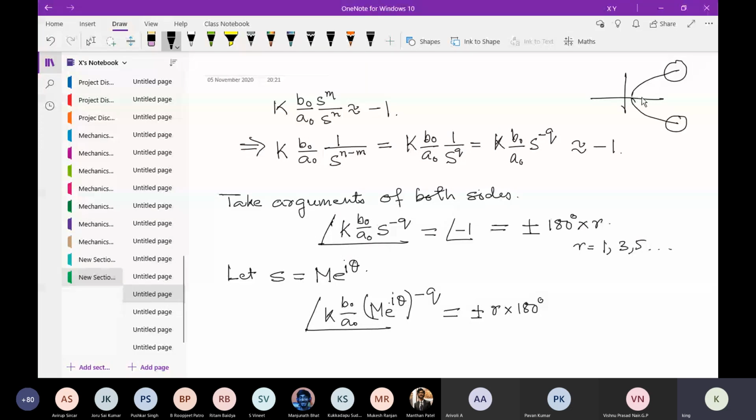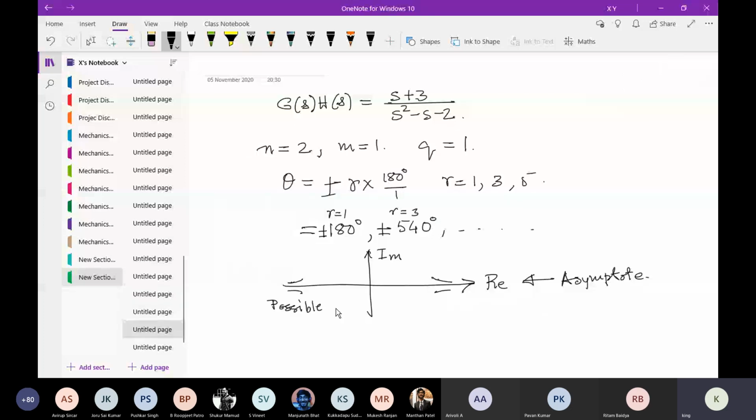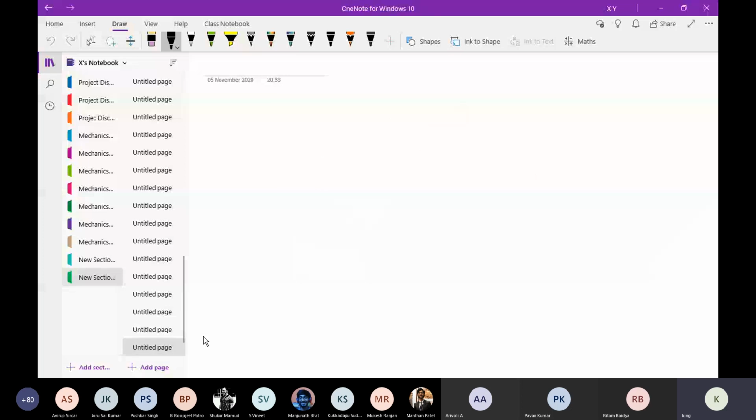See, ultimately what -1 means is that you have to come either this way, from here you have to come this way, or you have to come this way to get this -1 line. So that is why there is a plus and minus. These are the possibilities of behavior. Let me complete this. I think I'll be able to give you a clearer picture as we proceed.